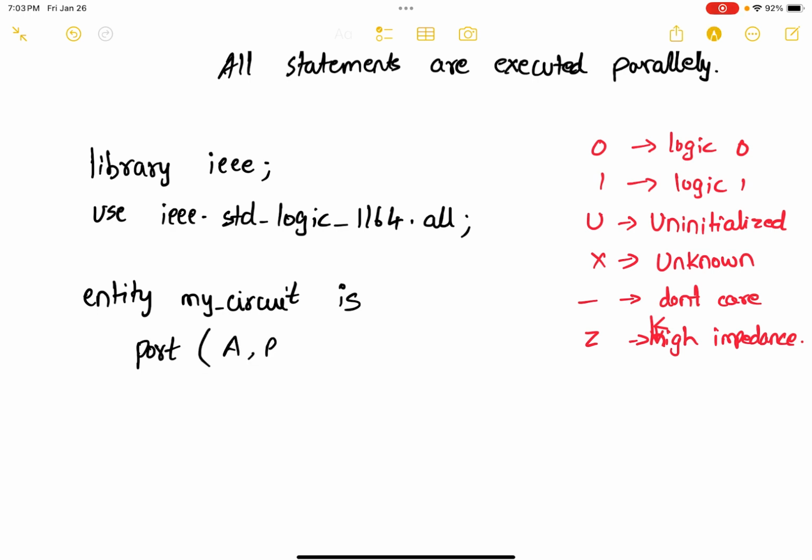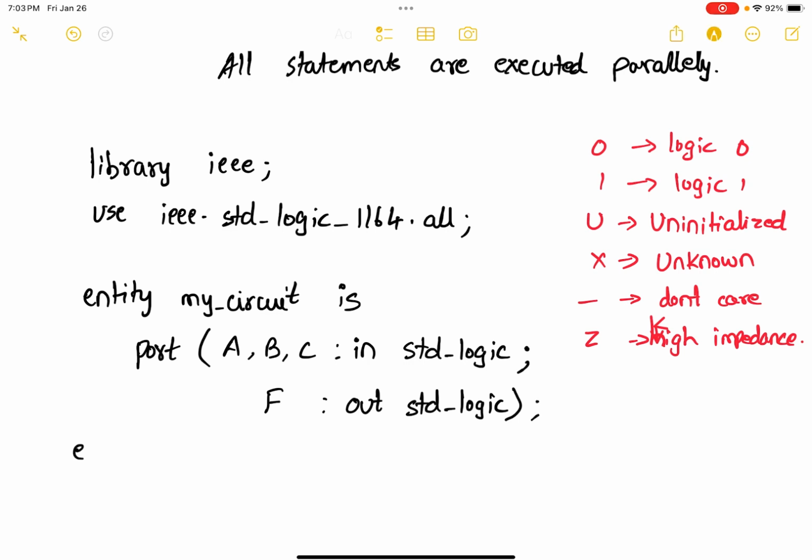So A, comma B, comma C, colon, in, which stands for the input, std_logic, semicolon, and F, which stands for out, std_logic, close the parentheses and put a semicolon, and then write